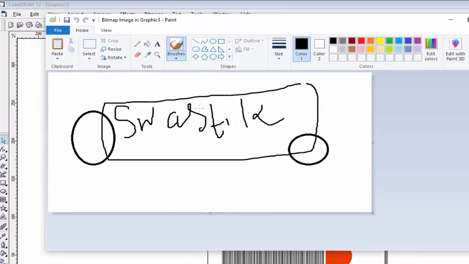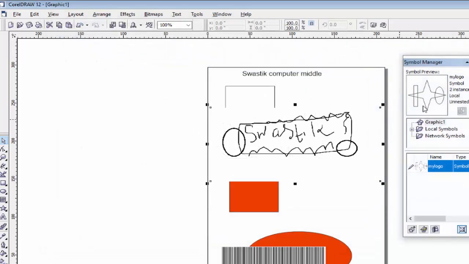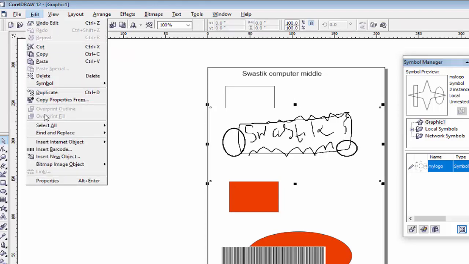Then you can edit what you want in this file, and then click this cross button and you will see the changes in your file. So this is the way to use other software in the Corel file.